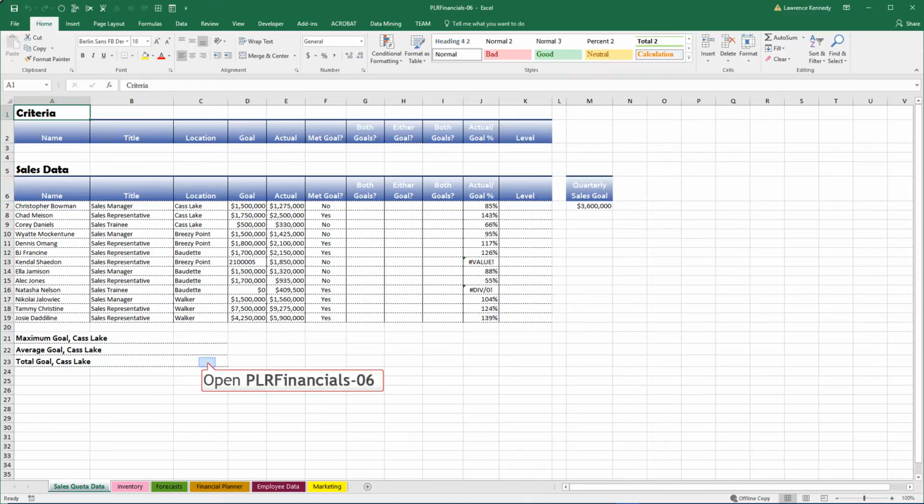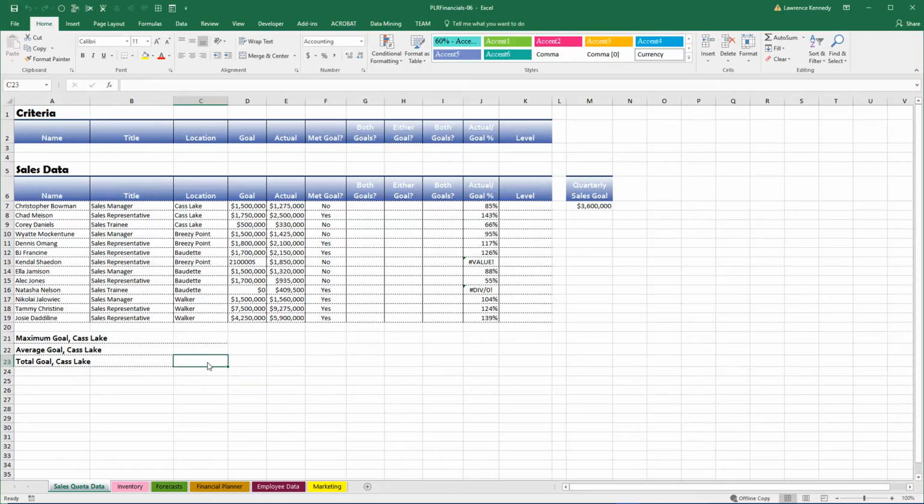So just some quick definitions before we move into the demo. A database function simply performs a mathematical or statistical calculation, and that only happens if the data meets certain criteria, right? So, as an example, the DSUM function, which if you were to go into